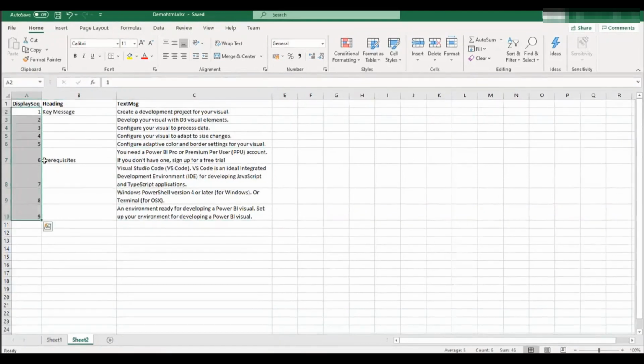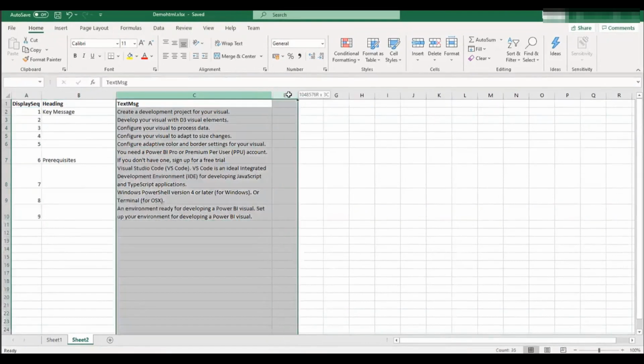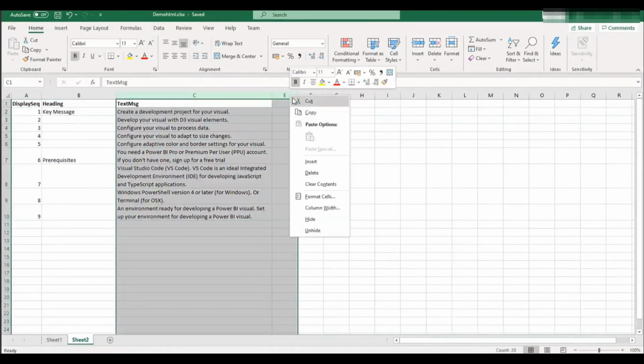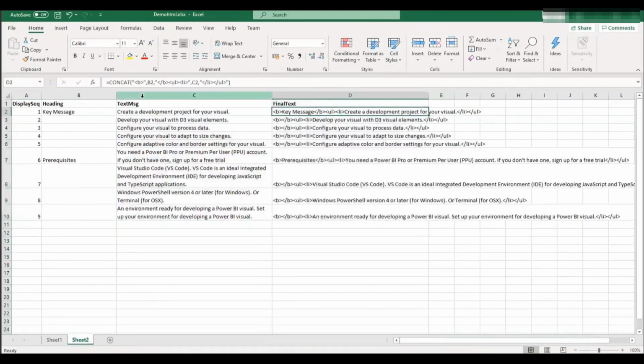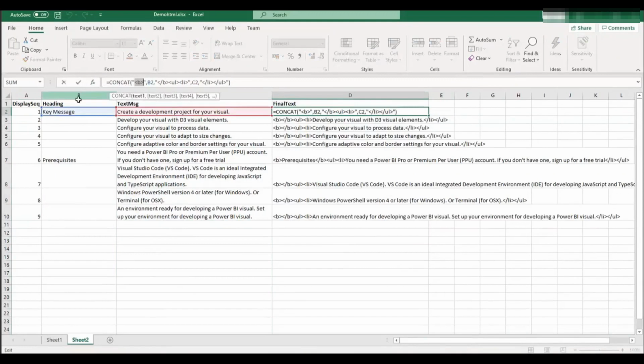I'll show you how it is. Now what I did here, if you know a little bit of HTML, or even if you do not know HTML, I'll explain what this is. I'll unhide and show you in the formula bar. I have used the Excel CONCATENATE function. B is the B column, and I'm saying with this heading column, make it bold, so B2 and then the closing bold tag.